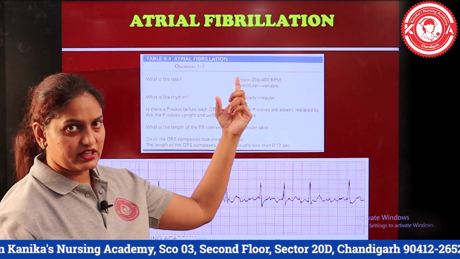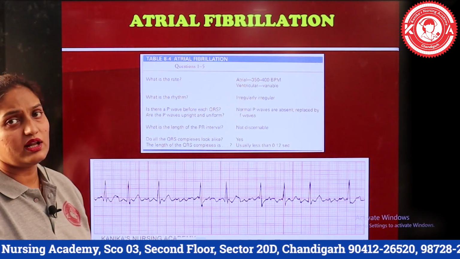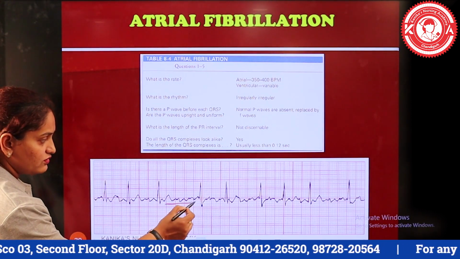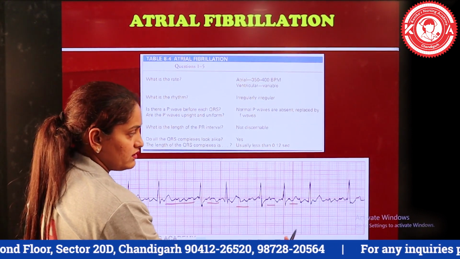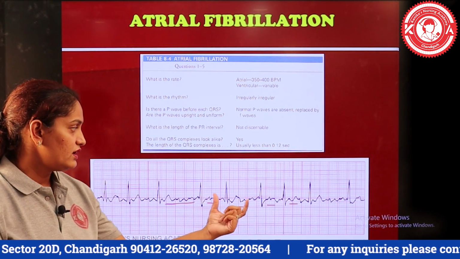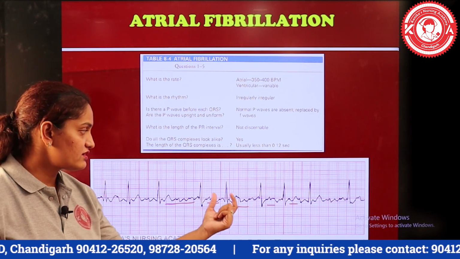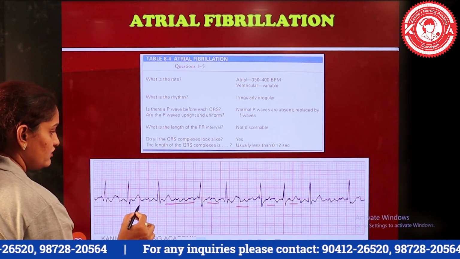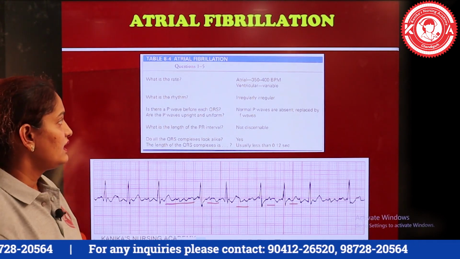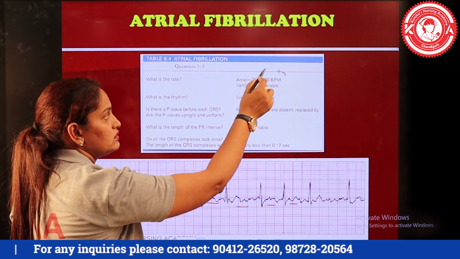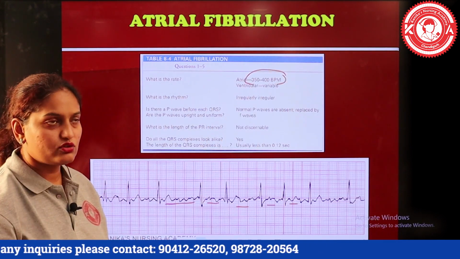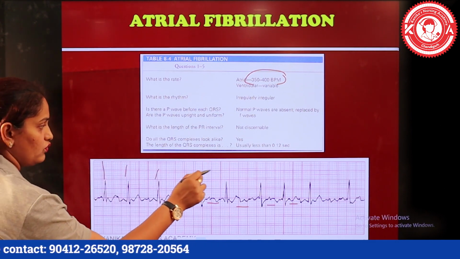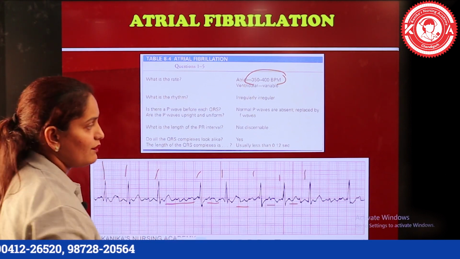Next, coming to the second abnormality of atrial dysrhythmia, that is atrial fibrillation. And in this, see, the sawtooth pattern is not found. This difference is already explained: rather than the P waves there are some wavy, shaky waveforms which are represented as fibrillating waves, and the contraction will be around 350 to 400 in case of atria and ventricular rate will be variable.